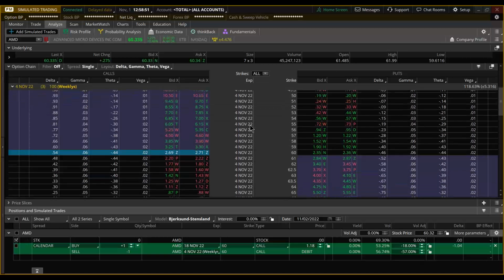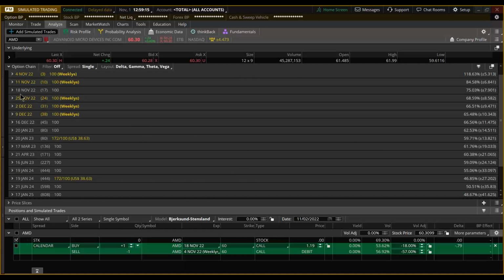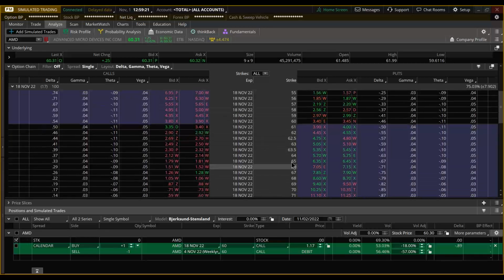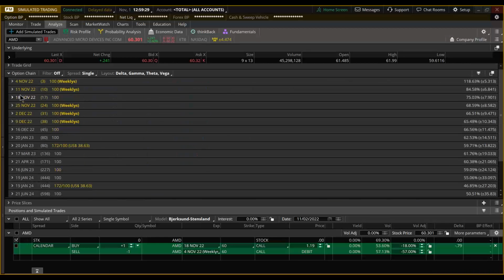So modeling up a double diagonal, I'm not going to go out a whole implied move away. You can calculate it by looking at the money straddle, but let's just do a modest one. Let's make sure we have the options available. Yes, excellent. We have the $1 increment options available in the November 18th. So that's awesome. So we can do what I was working up towards.